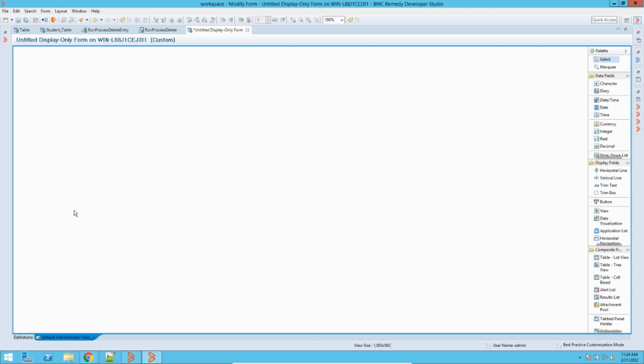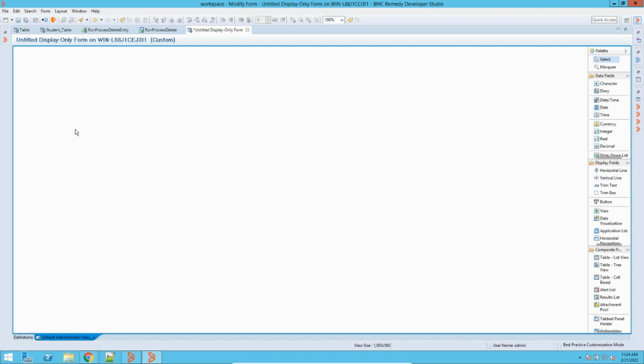Now in BMC Remedy, to capture such information or to give an application-like view to our front end form, we use panels. So BMC Remedy helps us in designing different forms using these panels. We have different types of panels which will help us in getting this information from the customer in a different format, or presenting the form to a customer in a different way or a different layout. So we will see this today.